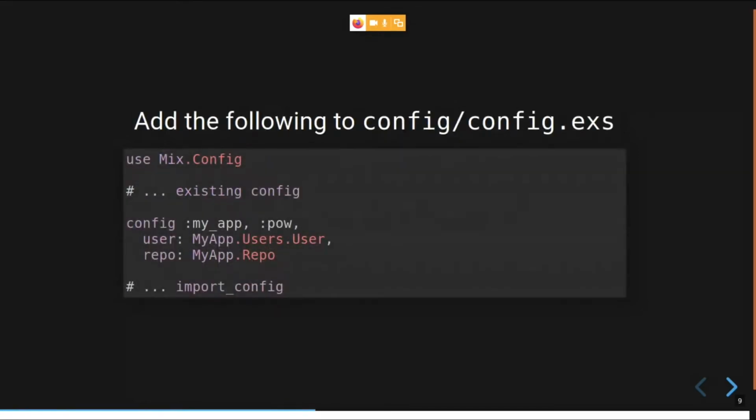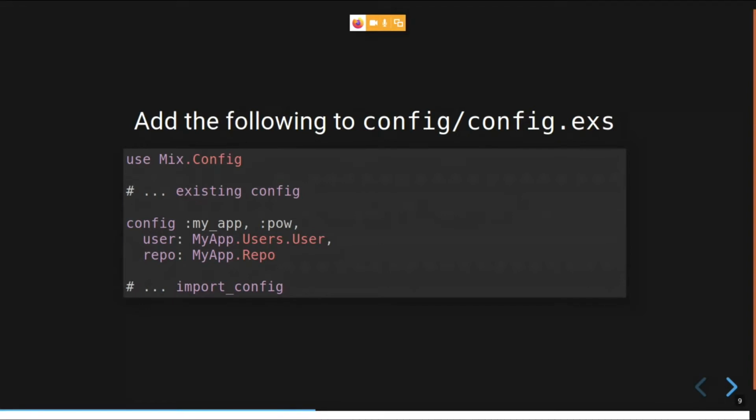So first thing will be configuring POW itself. We have to go to the config file and just add a configuration for POW. The config :my_app will be the OTP application which we are using, and we'll be adding the atom :pow, so that POW knows that this is the configuration related to POW.